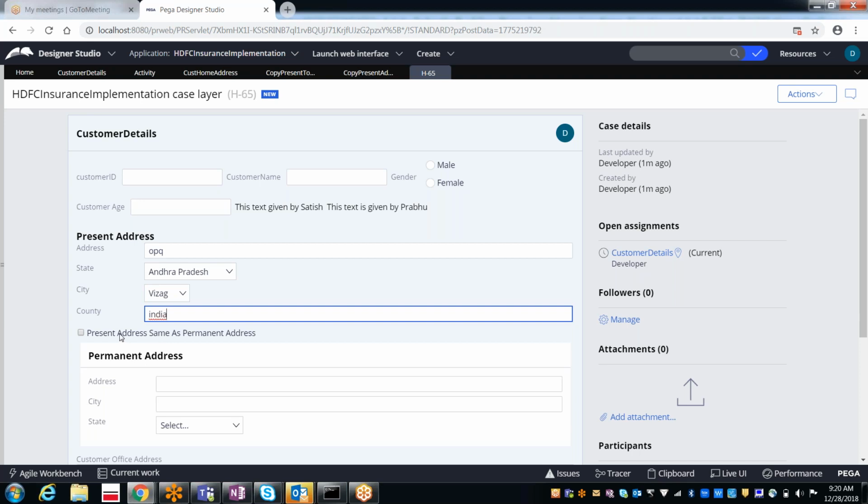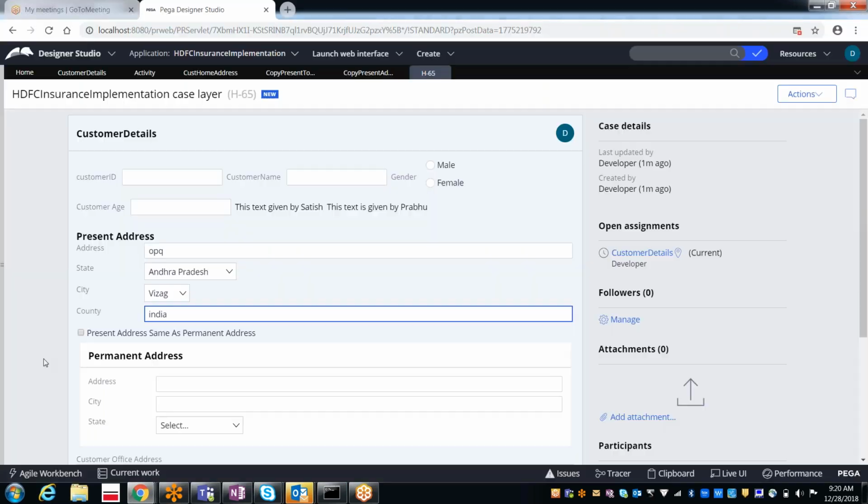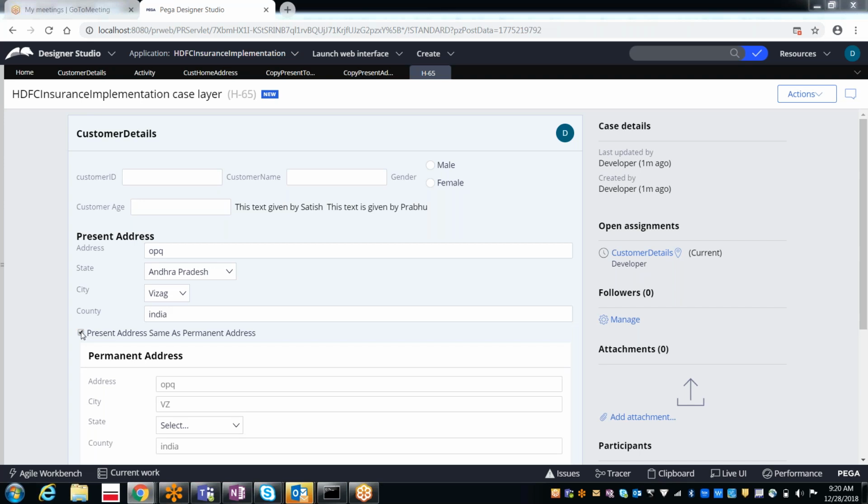Now in the tracer, nothing is there. Just clear again. Now select the checkbox. See.